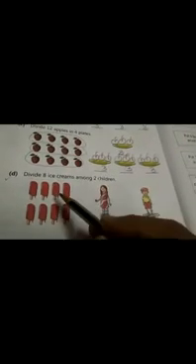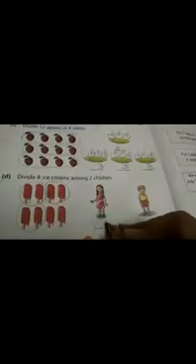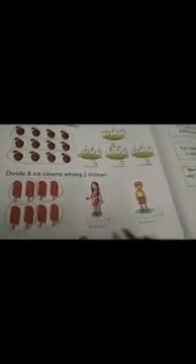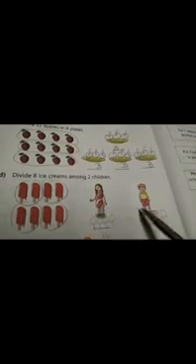Divide 8 ice creams among 2 children. Now 2 children are there. I have to give 8 ice creams. So now how will I divide? Yes, I will take 2 ice creams. So now here 1 ice cream, 1 ice cream. Now here again 1 ice cream, 1 ice cream. Again 2 ice creams I will take and I will give 2 each, and the last again 2 each. So each child will get how many ice creams? Yes, 4 and 4. Okay, so this is the way how we divide equally among all the children.